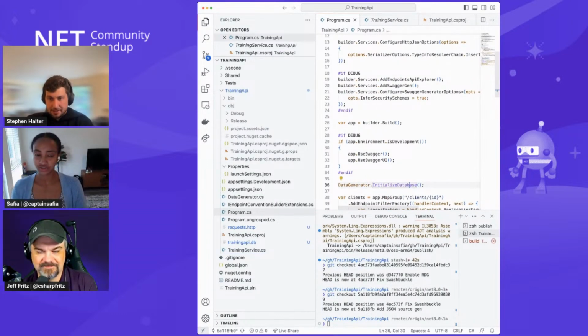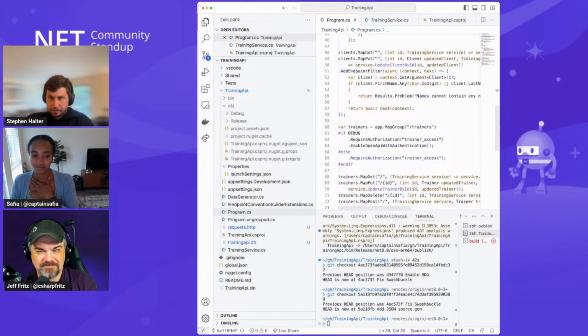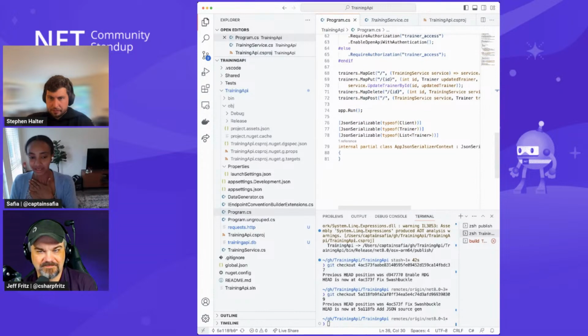Okay. And then the last thing I wanted to talk about, this is not new in .NET 8, but you can take advantage of the JSON source generator as well. It follows that same shift left philosophy. JSON involves a lot of serialization and deserialization, which requires inspecting types to understand how they should be serialized or deserialized. So we can take that same philosophy and shift left with the JSON source generator. So I've gone ahead and configured that here.